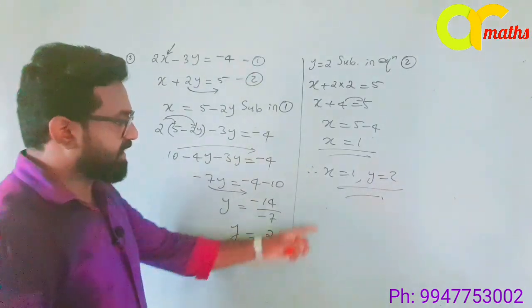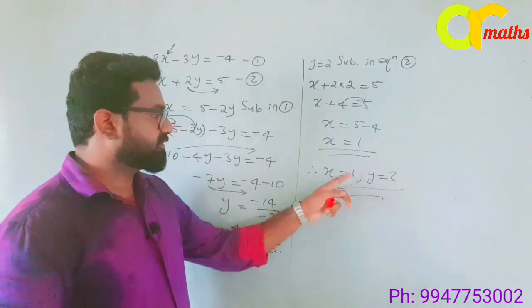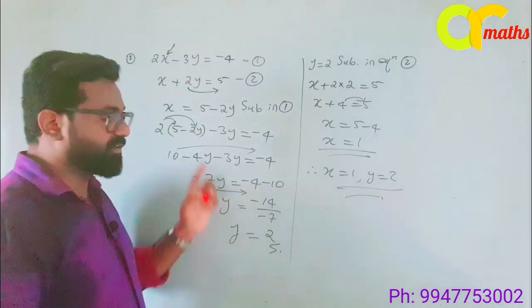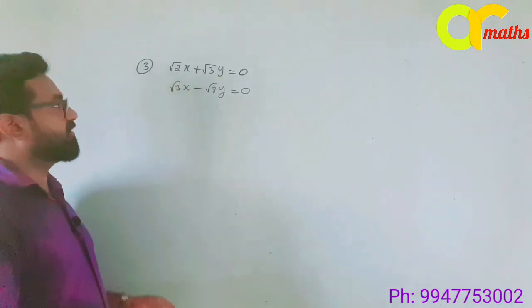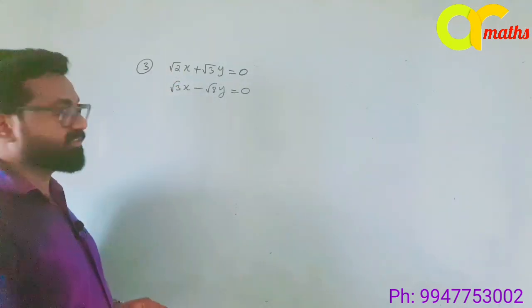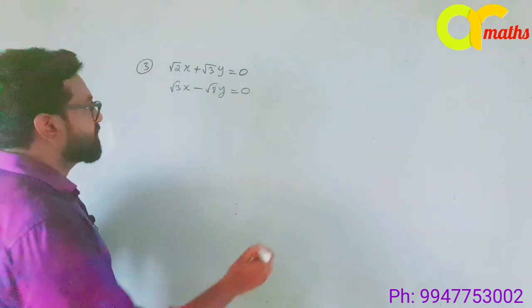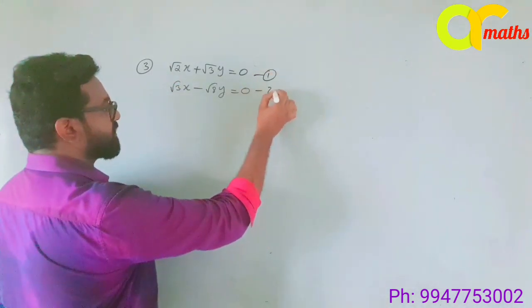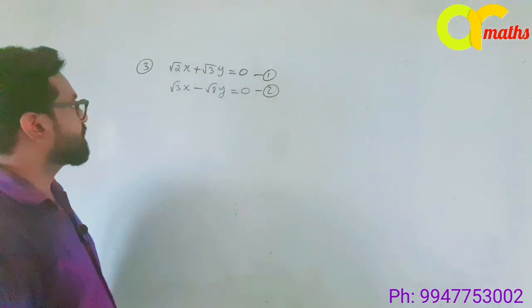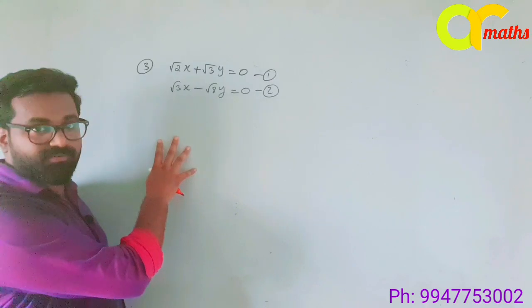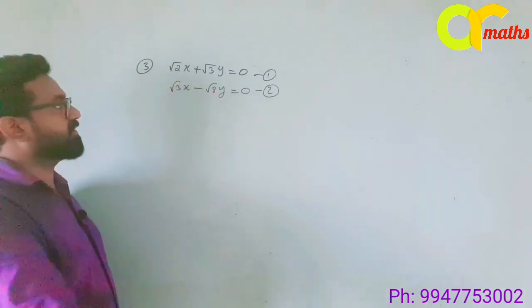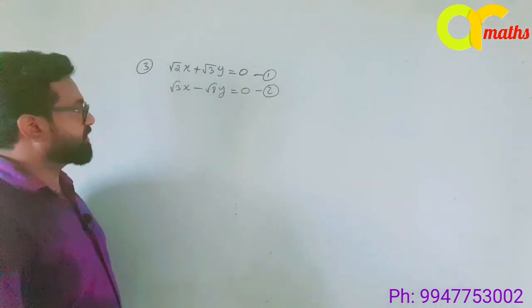How to check this answer is correct? Just substitute in this equation and verify. So next our question is solve the two linear equations by substitution method. First equation, this is the second equation. Is there any x itself or y itself? No. So just find x from any equation.